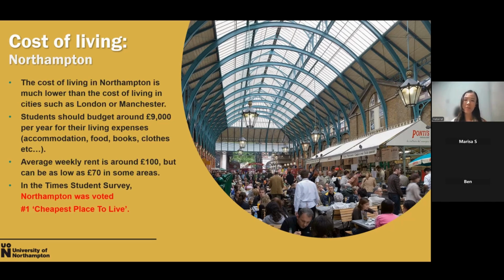Most will be people who live here and commute to London or commute to Birmingham to work, for example. So the community will be a residential area and university. That makes the cost of living in Northamptonshire one of the cheapest. You can look at the accommodation. The rent will start from £100 per week, which is really affordable